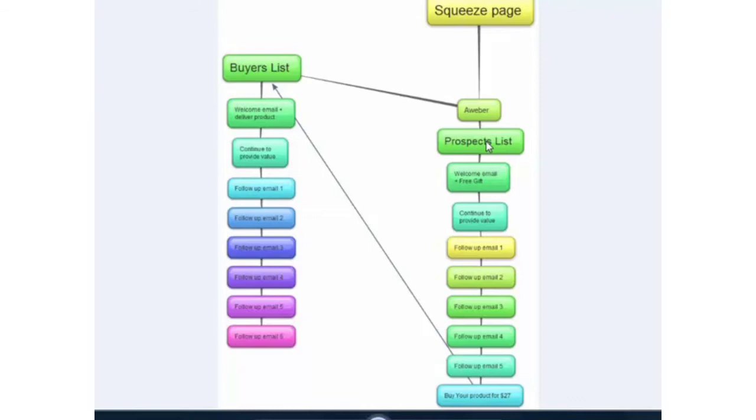You don't want to send people that have bought your product the same stuff, the same emails. So this is why it's vital that you must segment your lists between prospects and the people that buy, i.e. your customers. The next thing we're going to discuss